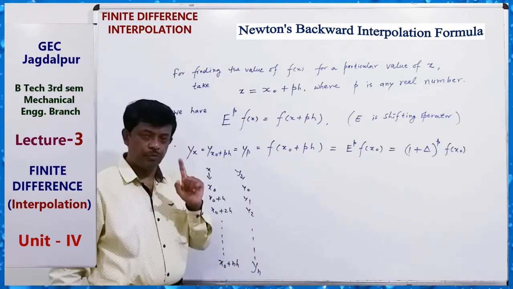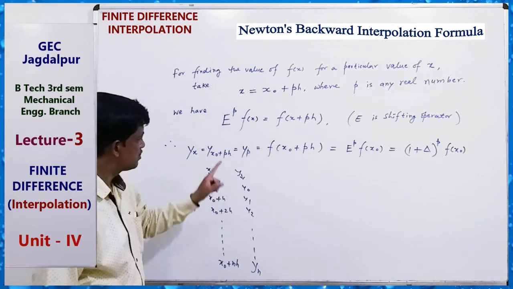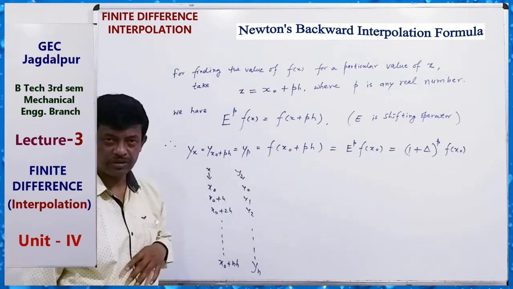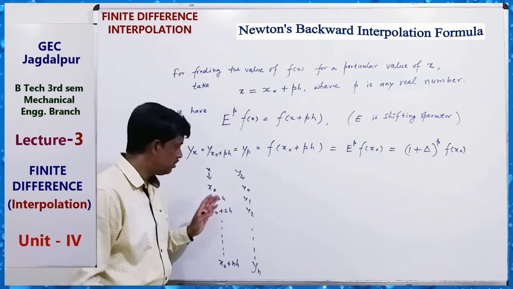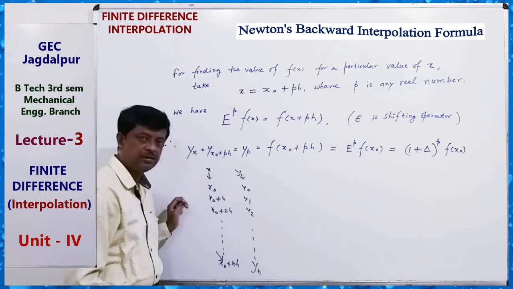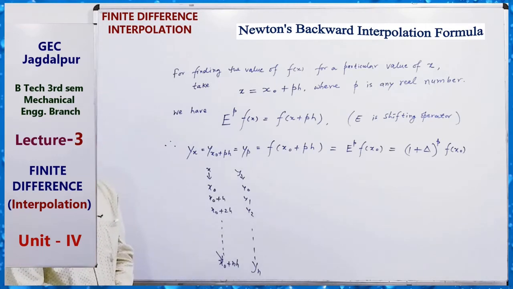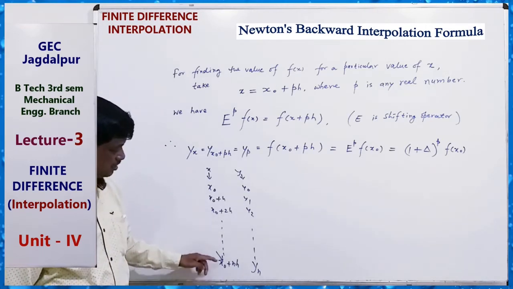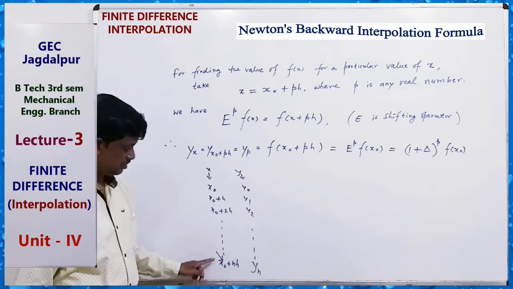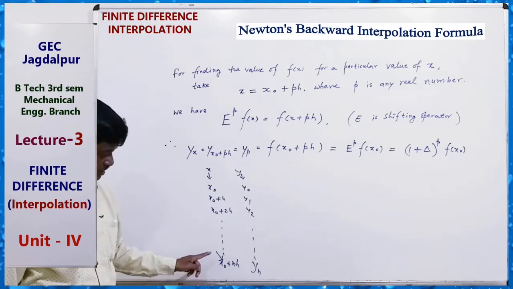Now, whenever the targeted value of x lies at the beginning, the forward difference table is used. And when the targeted value lies at the end of the range of the values of x, then